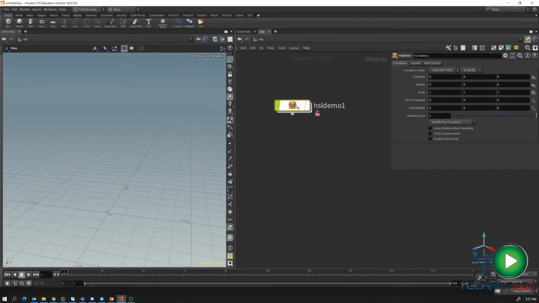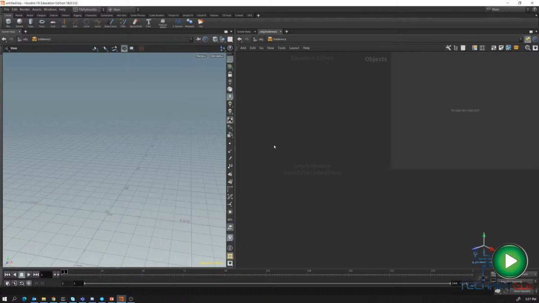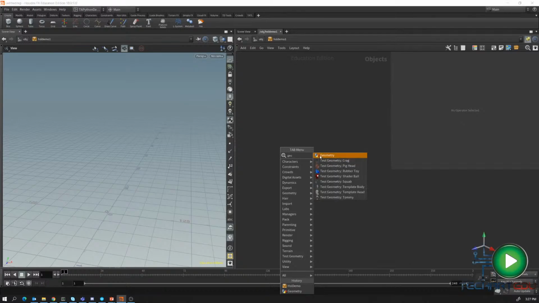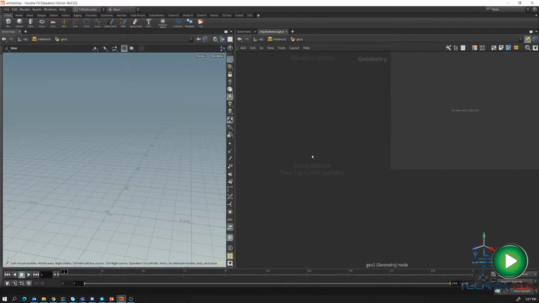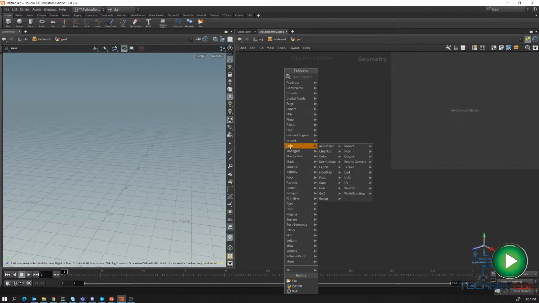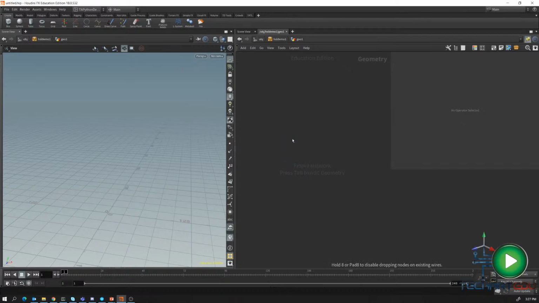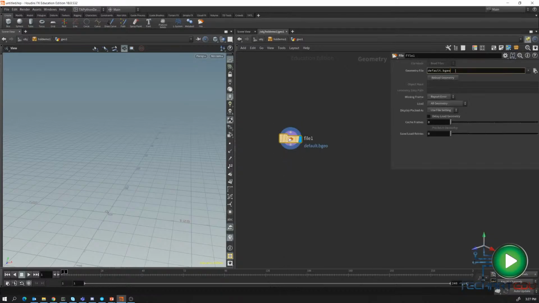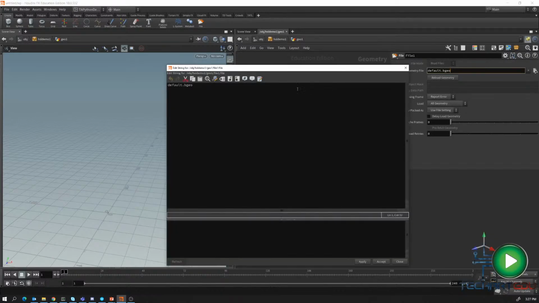And then I'm going to drop inside my digital asset. And I'm going to get rid of whatever is there before. And I'm going to drop in a geo node. Okay, we drop into the geo. And now let's drop in our file node. Okay, let's drop that in here. Alt-E, so I can demonstrate this. And so the syntax that they claim in the documentation says opdef: